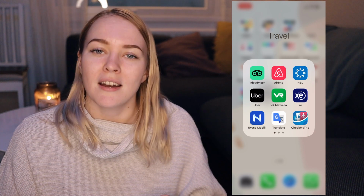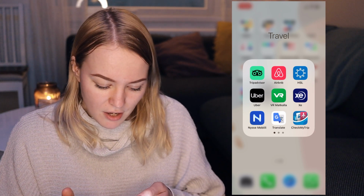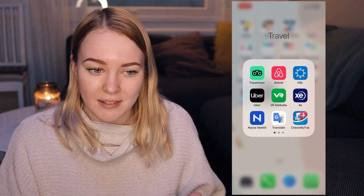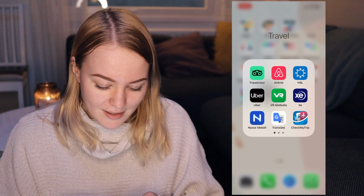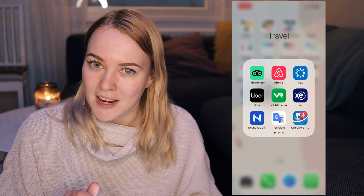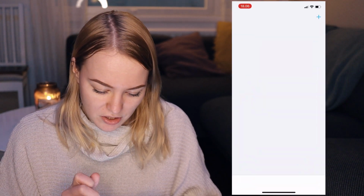Another city in Finland called Tampere, which is also quite a big city. So that's for that. Public transportation app again, and then we have Google Translate and Check My Trip, which collect